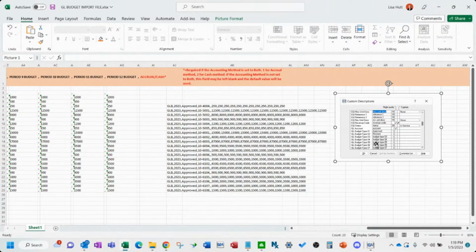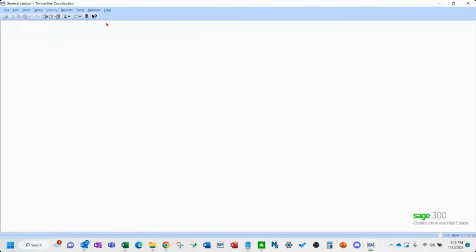If you want a third one, you could call it final. You just type over budget type 03 in the custom descriptions. Then when you go back into your budget screen here, it'll be available right there. I know some people have some quarterly things they do, so that's where you would do that.